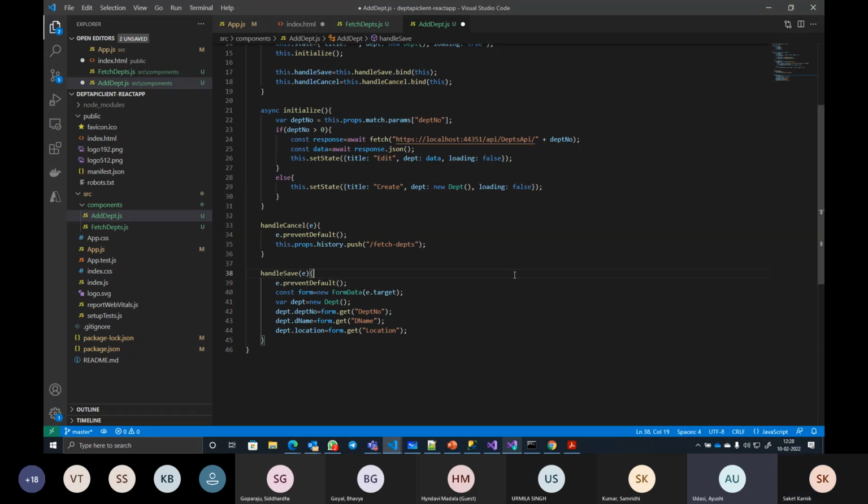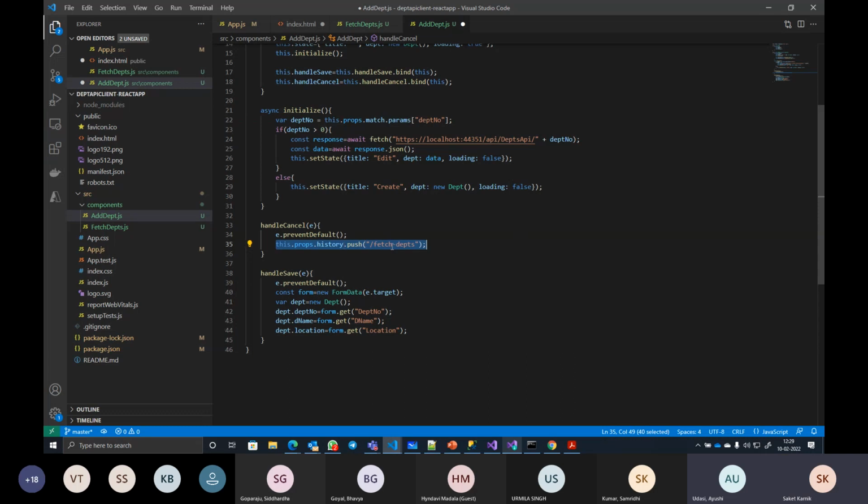No. We are creating a single page application experience. In that case, the submission should not be for the full page. Even if submission is required, it should be only for that partial UI component. So that is why here I suppress that by saying e.preventDefault. Whatever is the system behavior for that button, it will be suppressed, ignored, and then only our code, whatever is written here, will do the rest of the job.